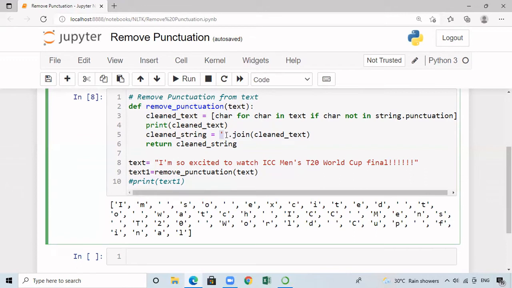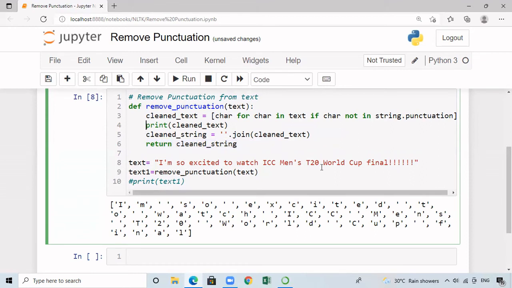So here, if you give the separator as hash, between two members in the list, it is going to add this hash character. But I want to get the original string back without any special character. So I am going to join them with the help of empty separator. So for this join method, I have to pass this list which we have created, that is clean text. Once it is passed, it is going to join all the characters in that particular list and create a clean string. Then we can return the clean string from this function.